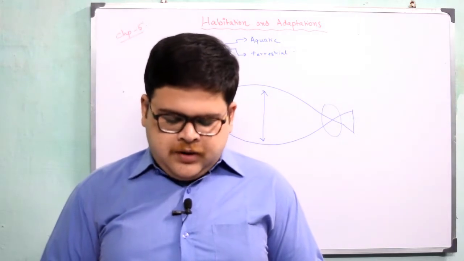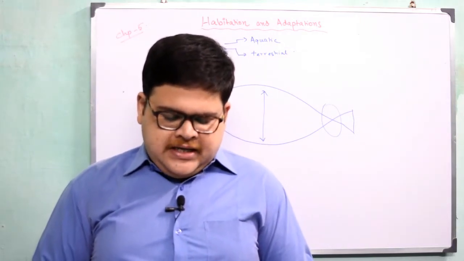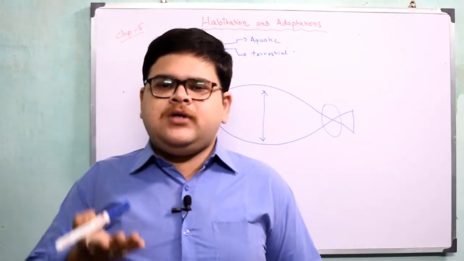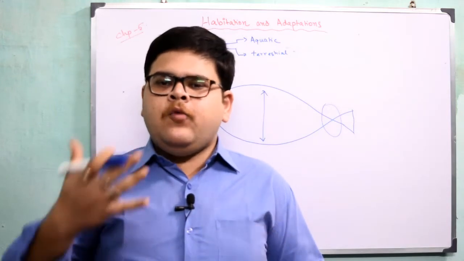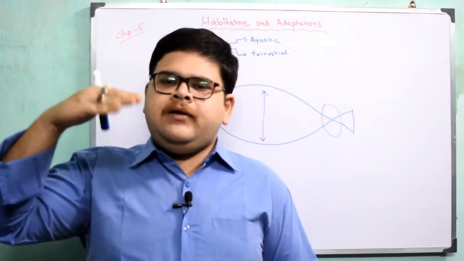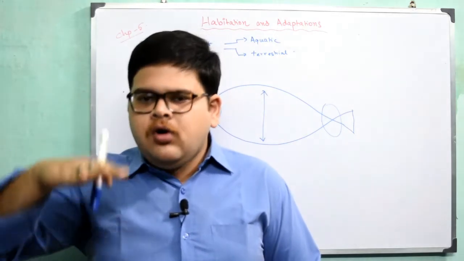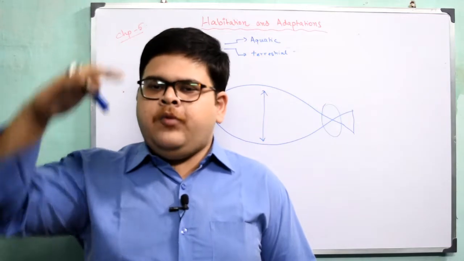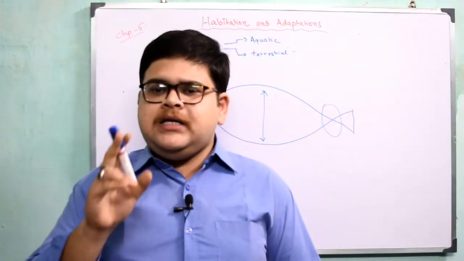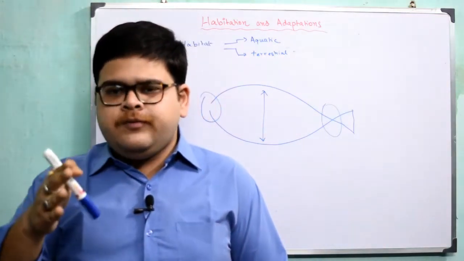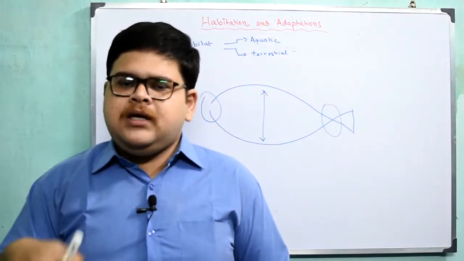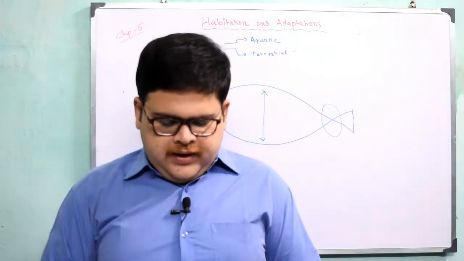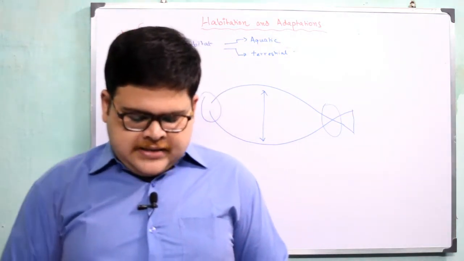A fish can go deeper or higher by filling or releasing air respectively in its swim bladder. Now it depends on the weight. Whenever they take in more air in the swim bladder, they will definitely be lighter and go upwards, and if they release that air, then they will go downward. This is how they control it, and the tail is used for changing the direction of movement, and fins are for swimming in the water. Clear?